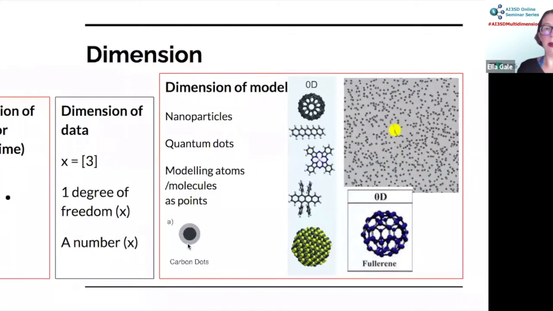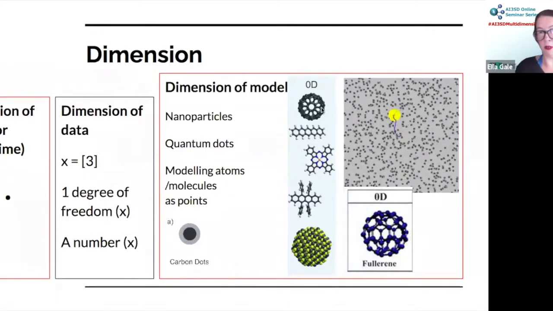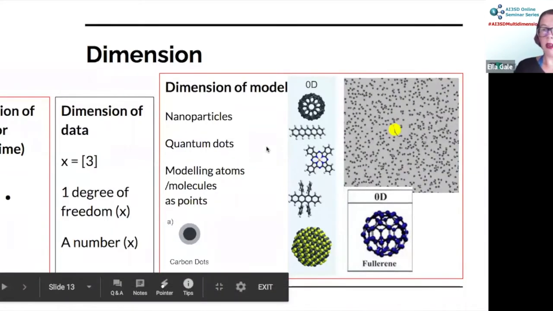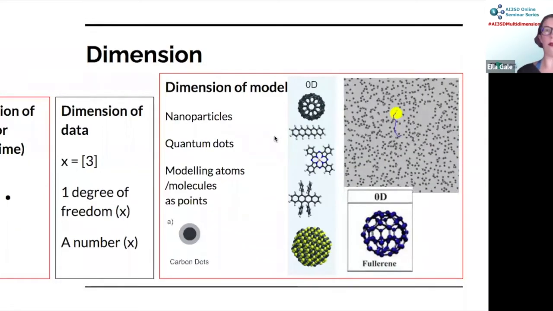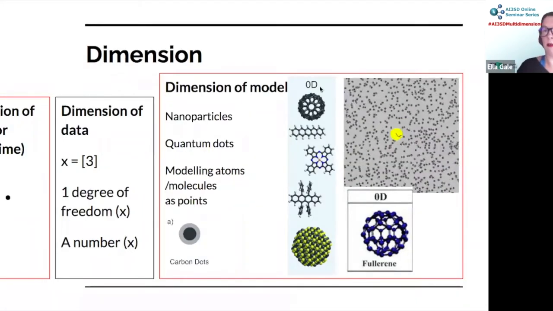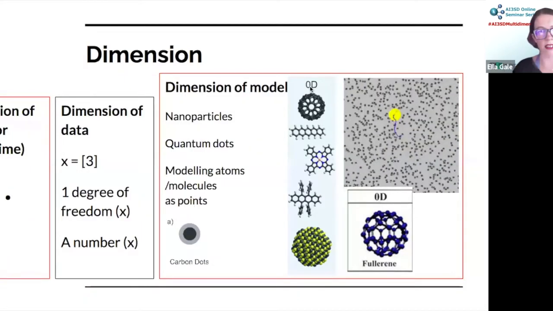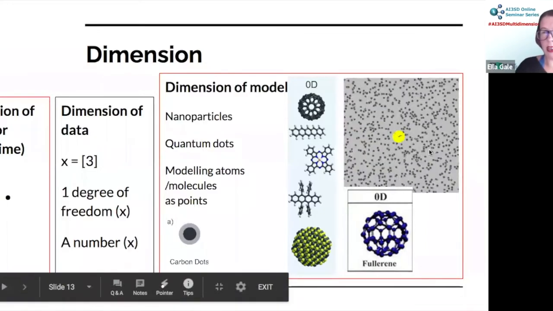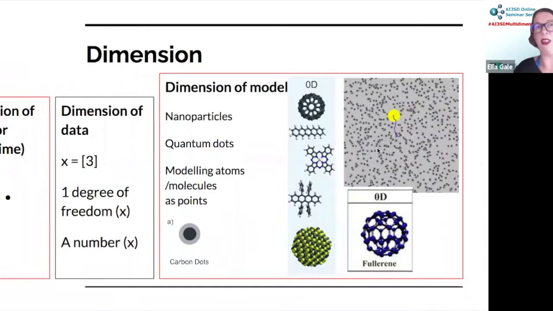So nanoparticles and quantum dots are often described as being 0-dimensional conductors. That's what these things are here. So this is quite interesting because you can see there's a buckyball there. Now, if you're looking at a buckyball, say the vibrations of the buckyball or something, you'd do that in 3 dimensions. But if you're looking at its conductance as a material, you often tend to look at it as 0-dimensional. So this is for semiconductors. And over here, we see some Brownian motion, and here the atoms are just modeled as more or less points.